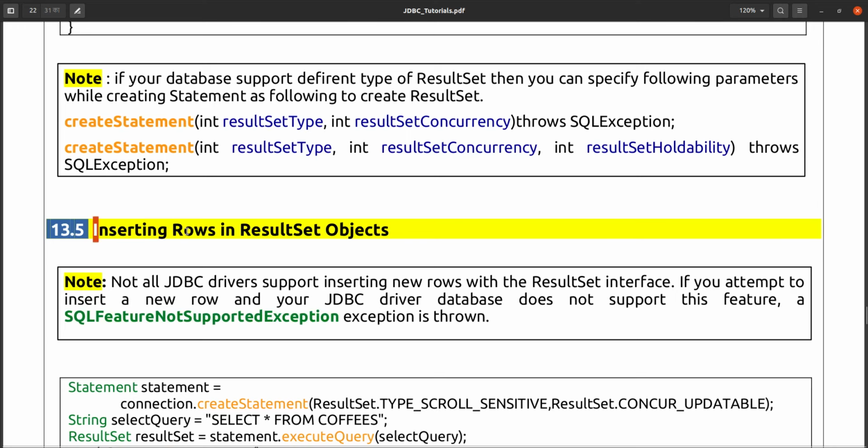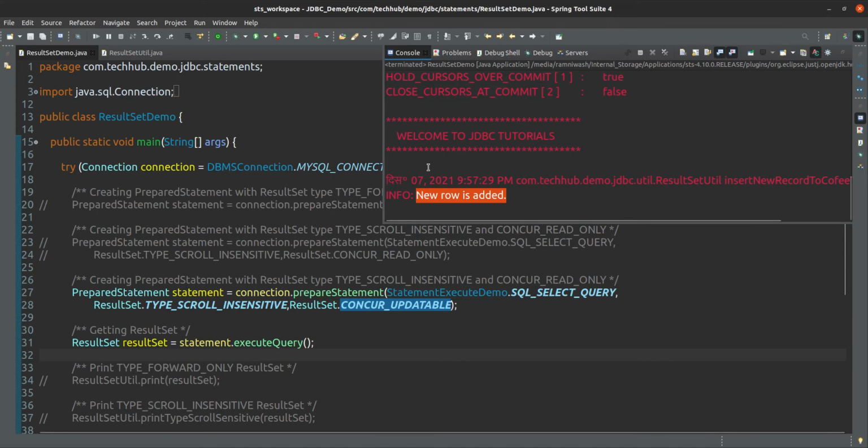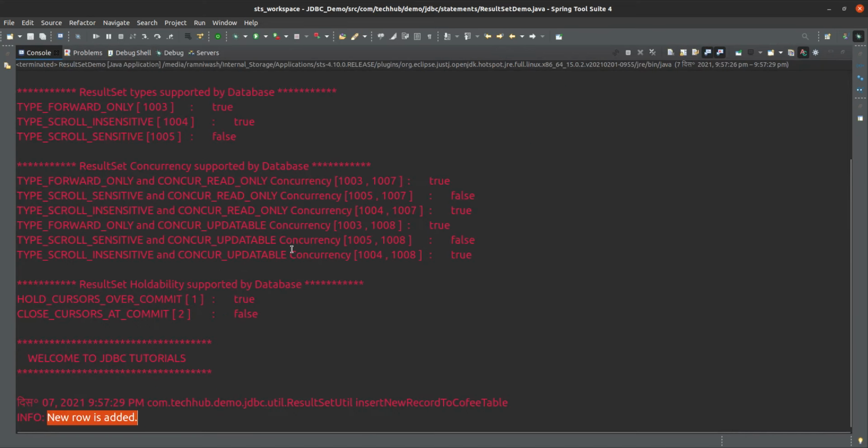In that case, you can do these operations, and you can get the details whether your database is supporting a particular type of result set or not. You can check whether it is type forward only or not.